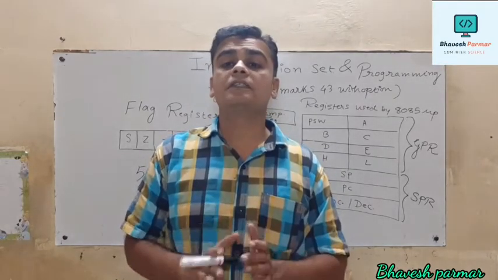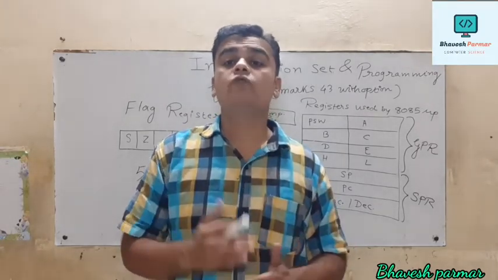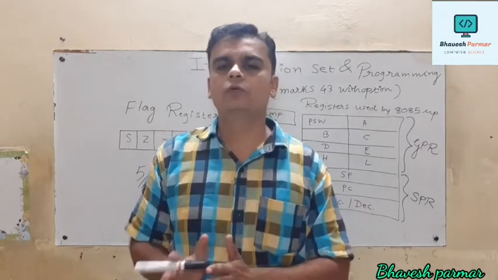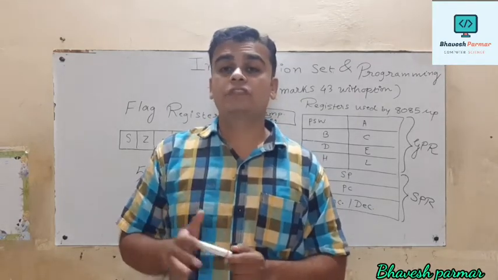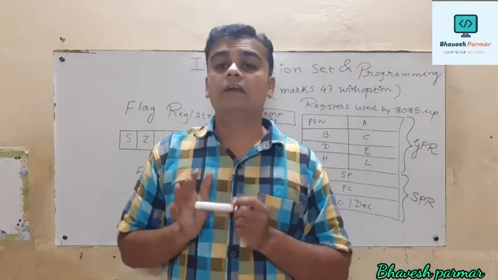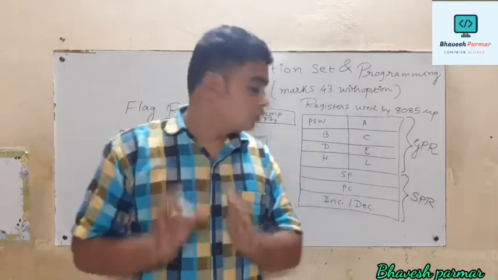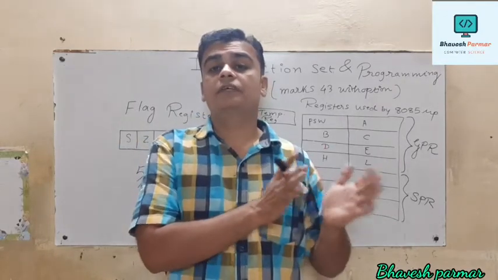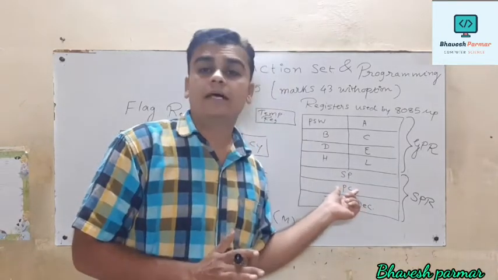Program counter consists of the 16-bit address of the next memory location which is to be executed. So let me take the same example. Suppose we have 5 different lines of an assembly language program, labeled with line numbers 1, 2, 3, 4, 5. When we start to execute from line number 1, its address is stored in SP, and after executing that instruction we have to execute line number 2. So the line number 2 address is held by PC.